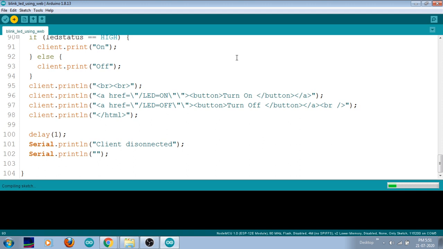and remember, the device in which you are going to use this server has to be connected to the same network. In this case, Live with IoT is my hotspot name, my laptop is connected to my mobile, and my NodeMCU is connected to my mobile. So all are under the same Wi-Fi network. You have to ensure that, then only it will work. Otherwise it may not work, because this particular IP address can only be identified within this network itself. Other networks will have some other IP address. If you run the same code with some other hotspot, it will give you a different IP address. That you have to keep in mind.